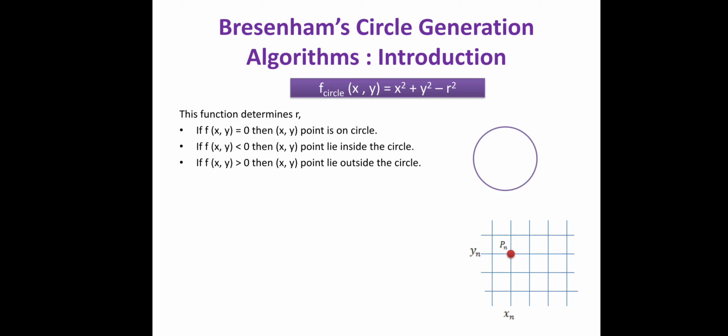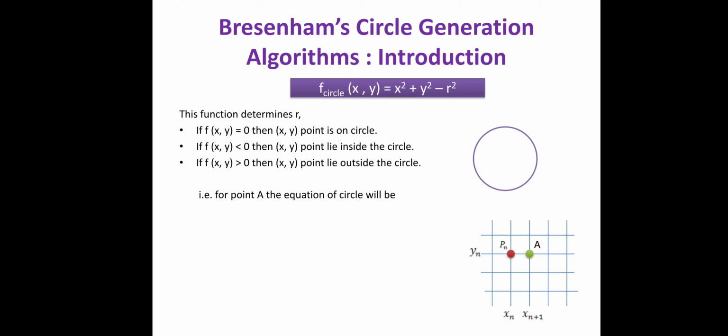Okay. So, if it is satisfying the equation, it means it is on the circle. If it is less than 0, it means it is inside the circle. If it is greater than 0, it means the point is completely outside that circle. So, this thing we have to see. Now let us see point A, the equation of the circle for point A. For that we have to find out the equation of the circle.